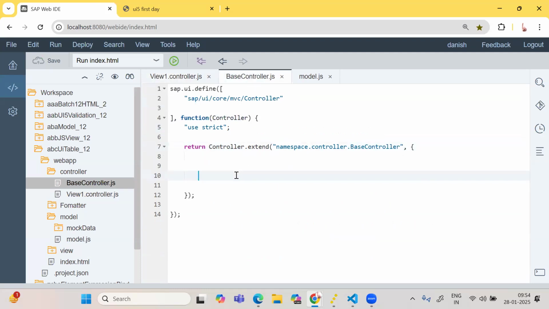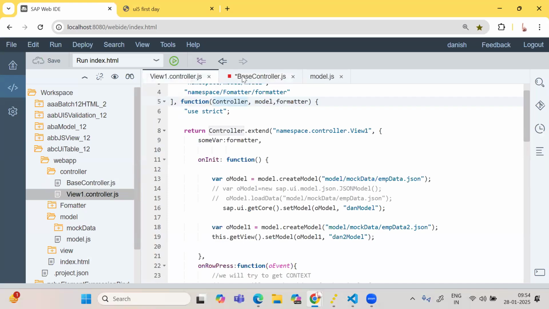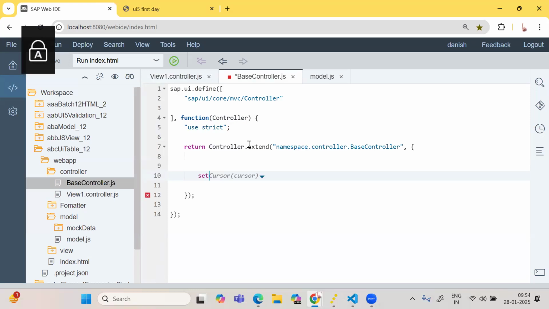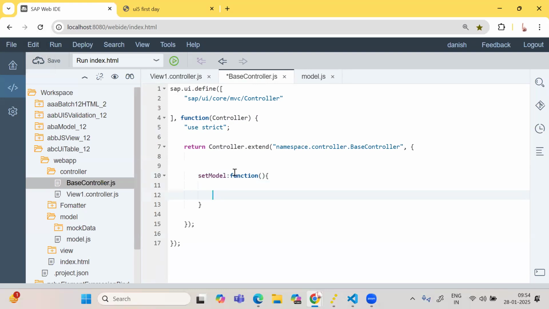Let's make a method called set. What do you want to do? Let me first do the set model or get model. The set model? Okay, so let's say set model is what we want to do. How do you do that? Function, just making a function set model. Set model function, and then, okay, we do that. And in that set model, we'll say